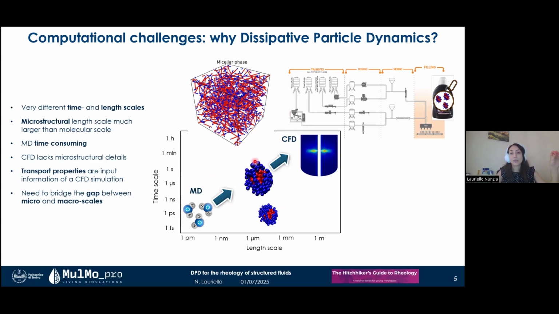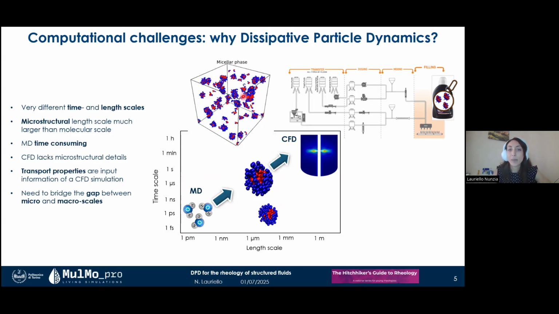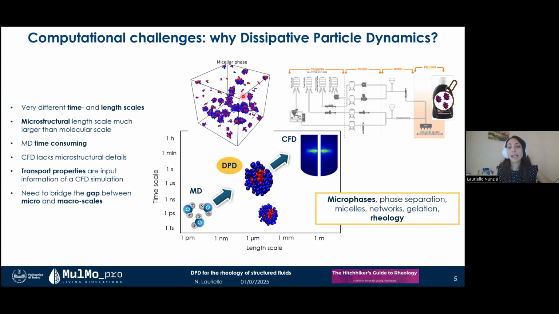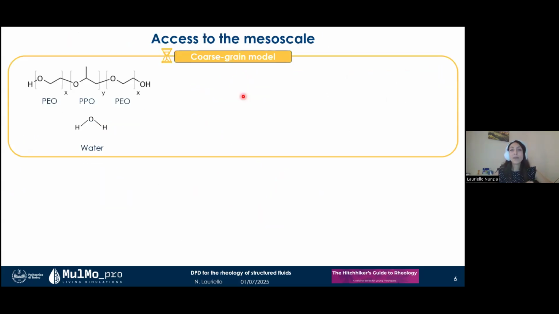Dissipative particle dynamics fills the gap since it achieves the mesoscale, which is the relevant scale to capture the formation of microstructures, their evolution, and their impact on macroscopic rheological properties. The main reason for this is that DPD is a coarse-grained model. Groups of atoms and molecules are treated as single entities, so-called beads, reducing the number of particles involved in the